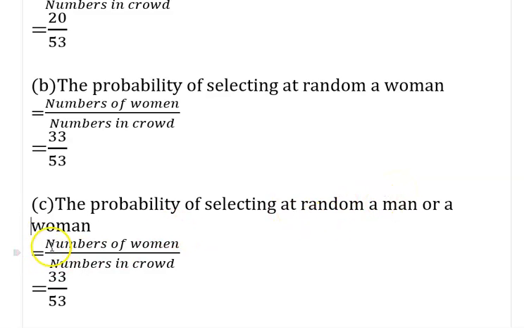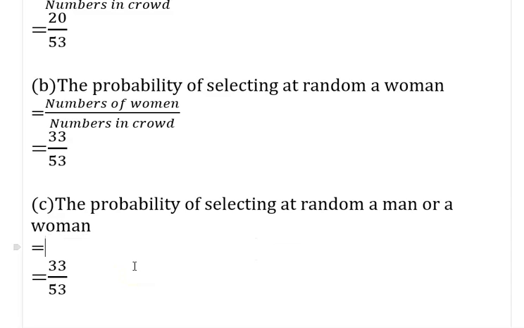Don't forget that this time around we are making use of "or". So the probability of selecting at random a man or a woman will now be what? The probability of selecting a man